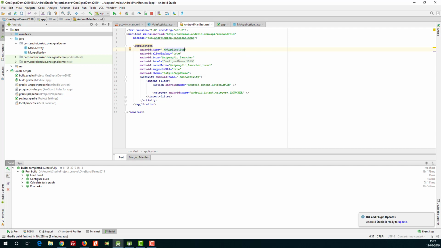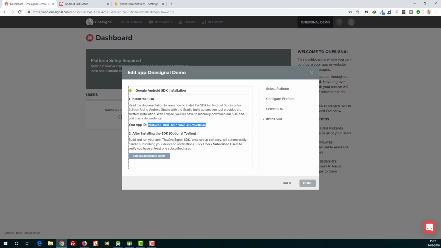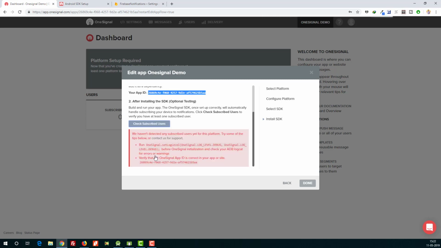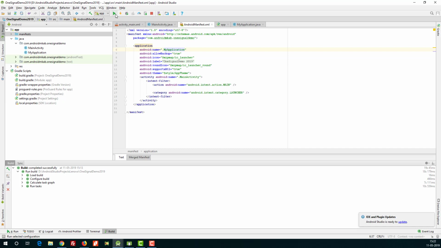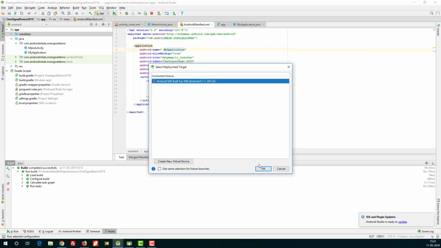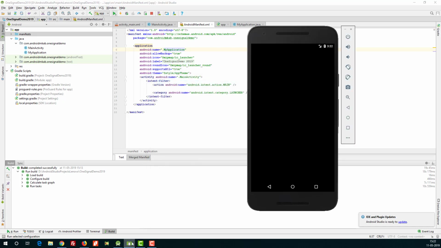That's it. Now what we have to do is go to OneSignal dashboard again. Okay, we have to check for subscribed users. If you check now, it will show like this. So first we have to run the app in emulator, or you can run it in your physical device. So open the Android Studio and run it.